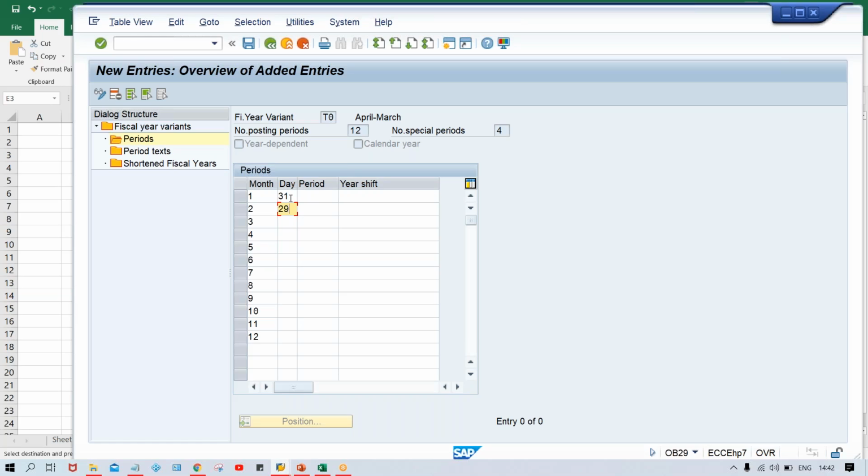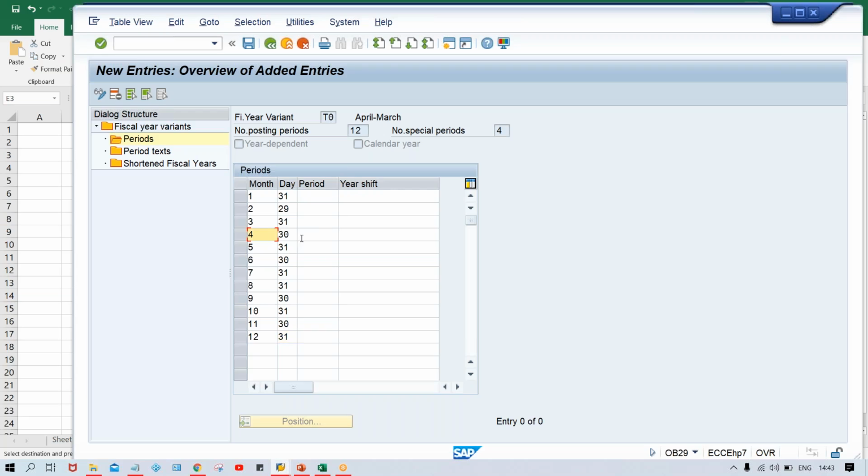Because apart from all these configurations, guys, there will be some other configurations coming from other modules, like calendars. Calendars are going to be defined. In SAP, some standard calendar is already given by SAP, so as per that, the system is automatically going to identify leap year and all. So here you have to give the maximum 29, then 31, then 30, 31, 30, 31, 31, 30. These are the number of days in every month that I have specified.